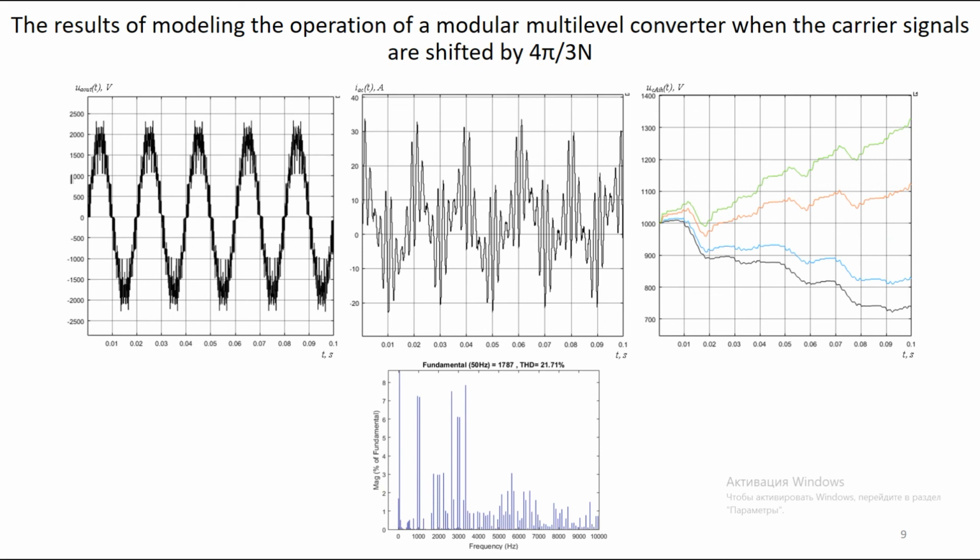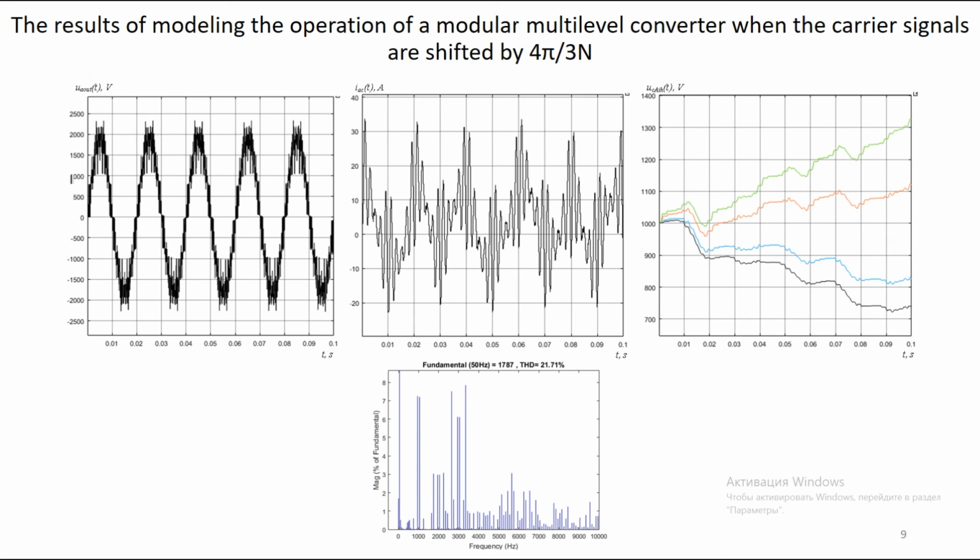The value of circulating current almost corresponds to the previous case and is 19.36 amperes, which leads to the need to increase the value of the inductance in the arms of the converter to reduce the level of losses